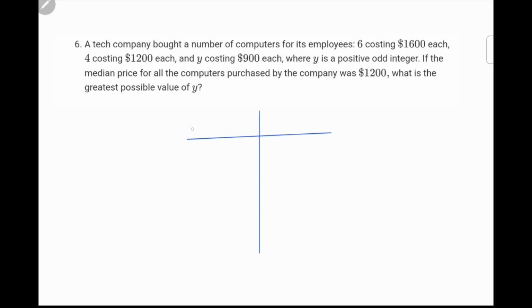Here we have the number of computers and the cost in dollars per computer. So for the number of computers, we have first 6 computers for $1,600 each computer, and we have 4 computers costing $1,200,